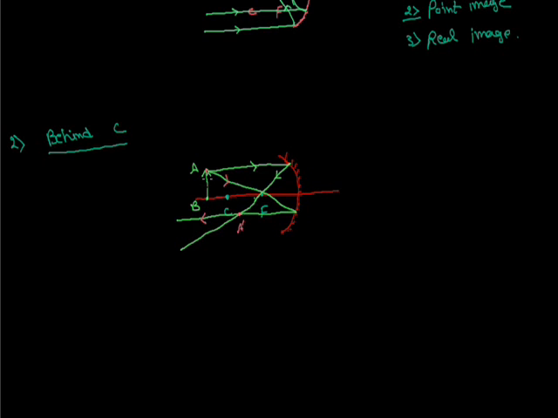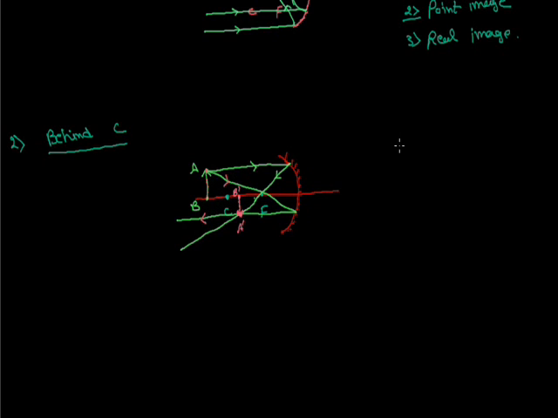Now there are infinite points here, and all these infinite points emit rays which become parallel, and by using all these three rules we will obtain one point here, here, and again we represent the points like this. Now meet all these points, and the image of the object A and B will be formed. This is point A, so the arrowhead here is upward and here it is downward, that is A dash and this is B dash. This is the formation of the image by the concave mirror when the object is placed behind C.